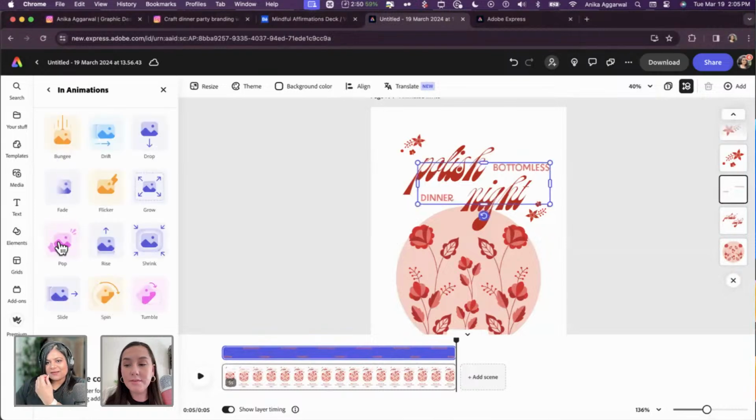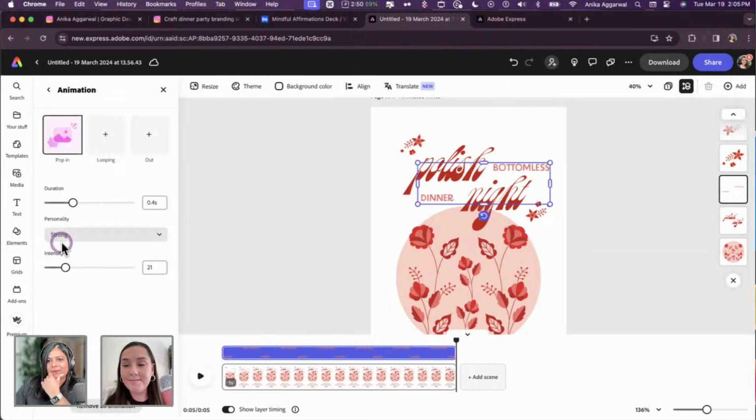And that just adds that extra factor that I wanted. You can also change the personality. So it can be soft, it can be strong, which is the default, it can be loud, whatever you like. My personal favorite is soft. I'm gonna increase the duration a little bit. Actually, let's keep that as is.